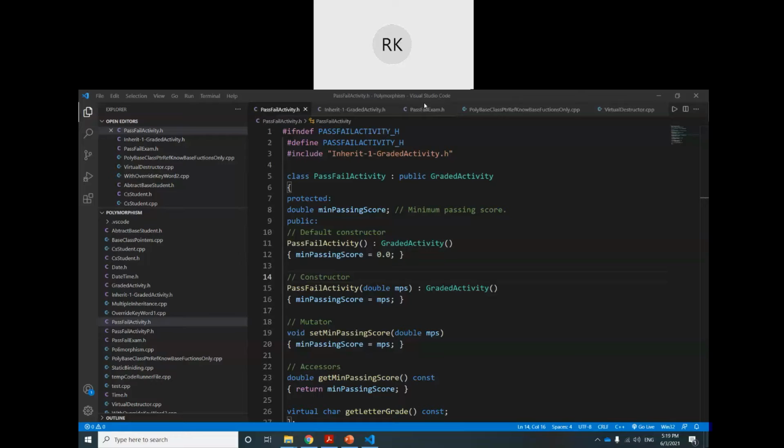Now in the for loop, what we are doing is calling this display grade function, which is declared here and defined outside here, and it accepts a pointer of the base class.